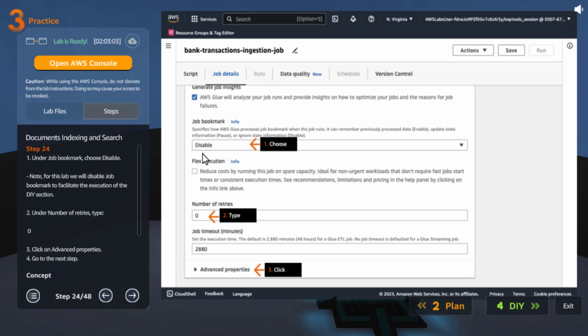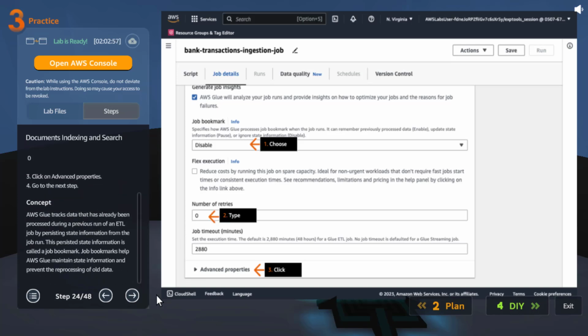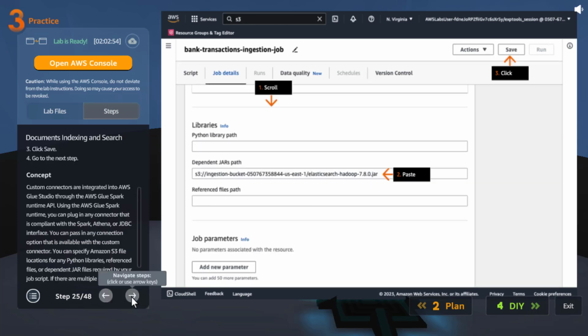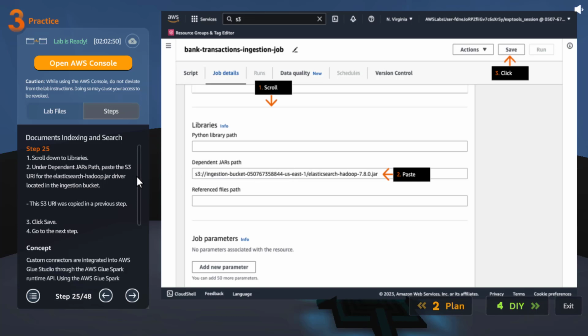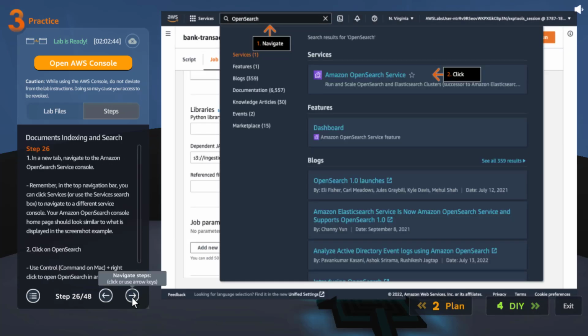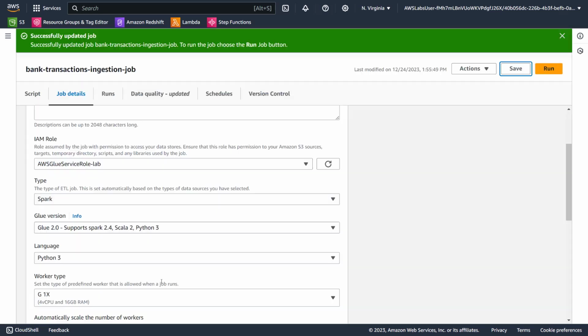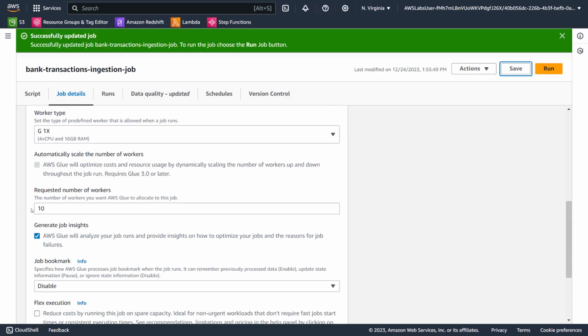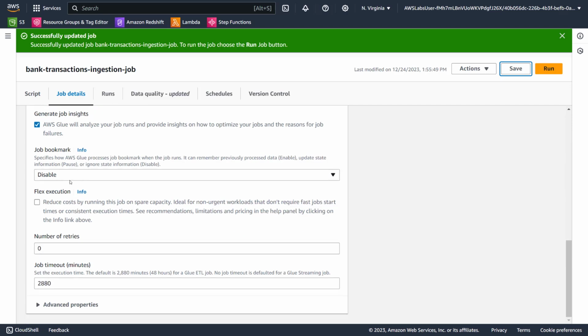And then job bookmark, we are going to disable, number of retries 0. Then click advanced properties. Let me scroll this down so that you can read through that. In the advanced, we are going to copy paste that jar file that we had previously into the dependent jars. Then we are going to click save. Okay, I think that's about it here. I think this is disabled, this is 0, advanced properties,